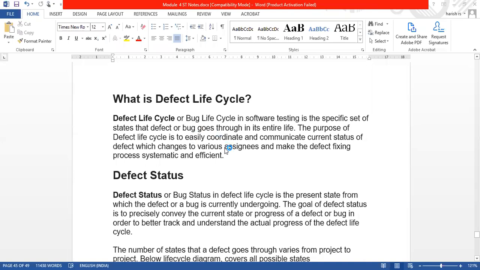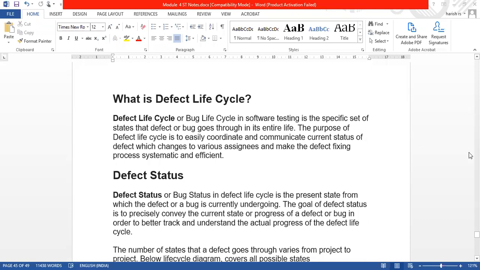A life cycle is nothing but from the stage where we have detected a defect in the product or in the software. From there, we say that it has started a defect. Until we close that defect, all the stages it has gone through are called the defect life cycle. It is also called the bug life cycle. It is for the software to undergo the stages to rectify or to know the state of particular bugs.